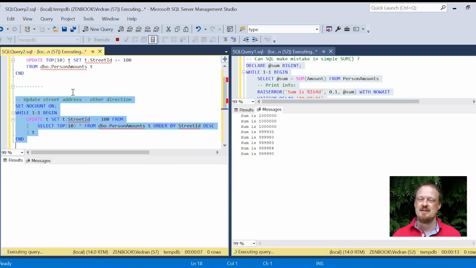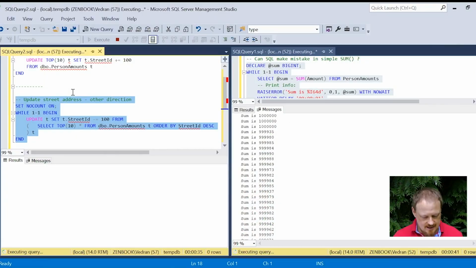Our amount is wrong, dead wrong, like 2 plus 2 equals 5. It's really wrong. And is it the fault of the developer? The developer wrote correct code, a sum. You cannot make a mistake around that. So that's correct code. Is the data wrong? No, the data is correct. We have exactly a sum of 1 million inside at every moment. So this is a mistake of SQL Server. Let's see why.